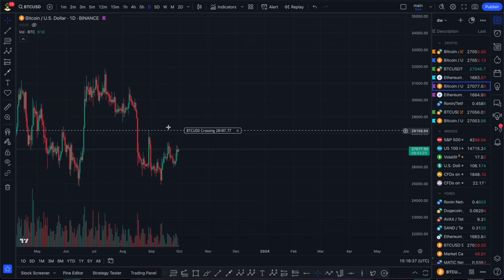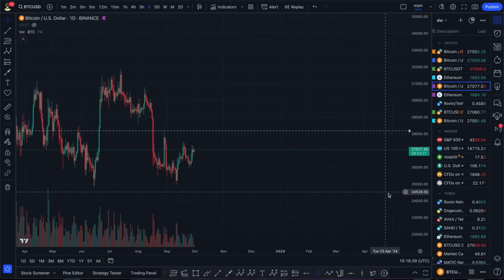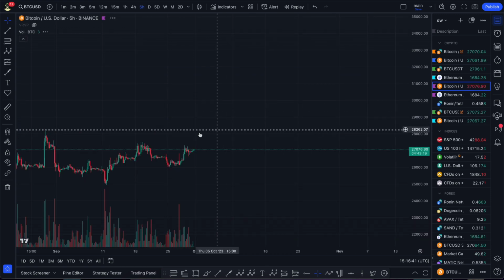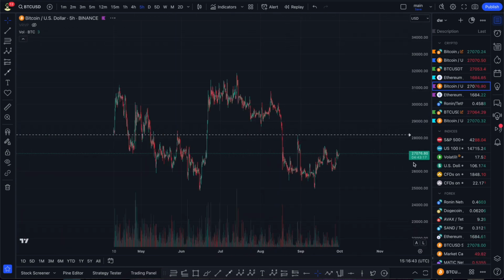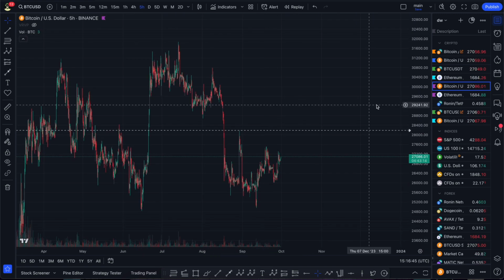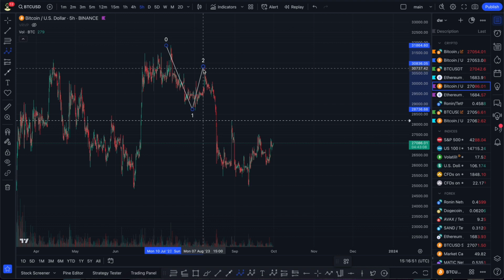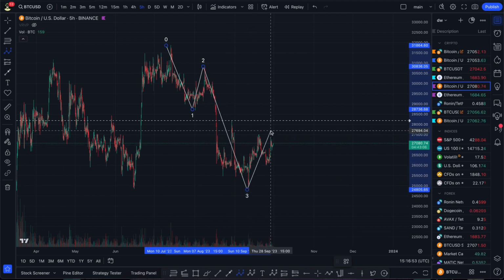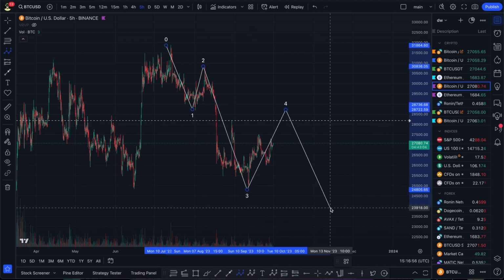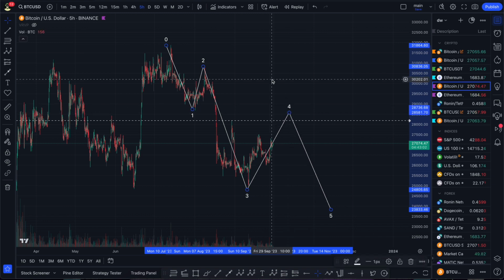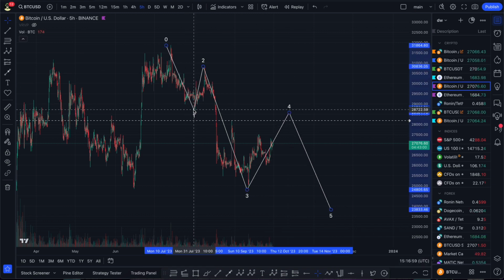First of all, I think the market moves in a really understandable way. Let's turn to the 5-hour time frame and break down this impulse and see what we can see. First of all, we see such a picture. This is wave 1, this is wave 2, this is some kind of wave 3. Right now we are in wave 4, and most likely we will see some kind of wave 5. Everything matches all the conditions.